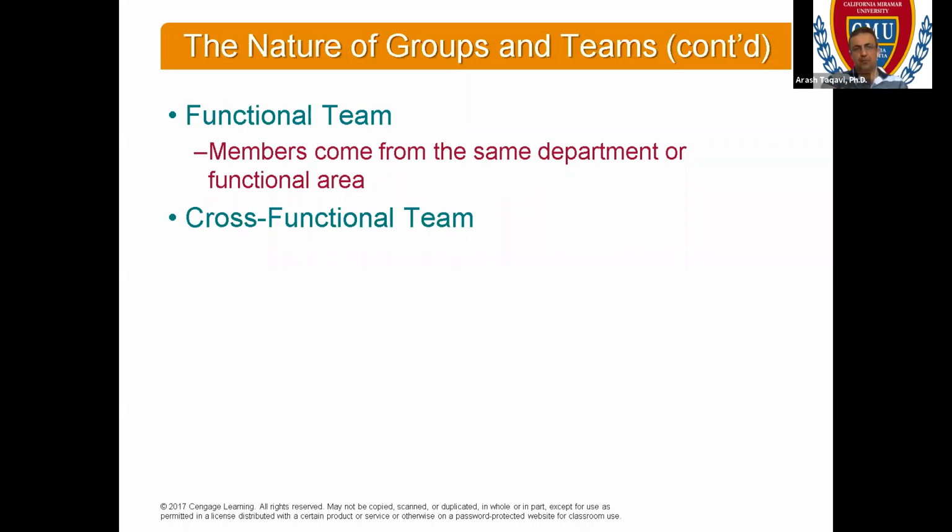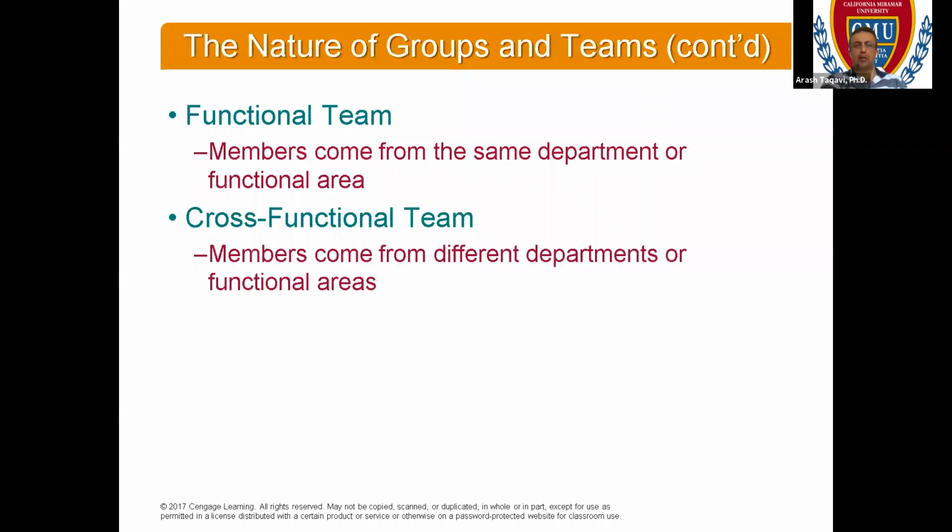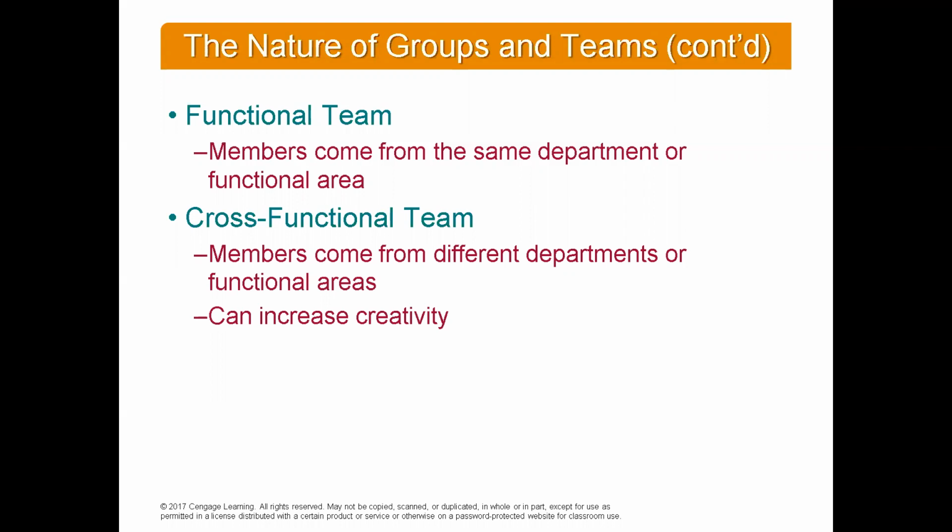But for a cross-functional team, if you want a team working on how to reduce the tax, for example, through NGOs and other things, it is cross-functional, from different functional areas, from different functional groups. You create a team to achieve a goal from different aspects, different dimensions, and different functional areas. It is a cross-functional team. Members come from different departments or functional areas. It can increase creativity. The major technique here for a cross-functional team